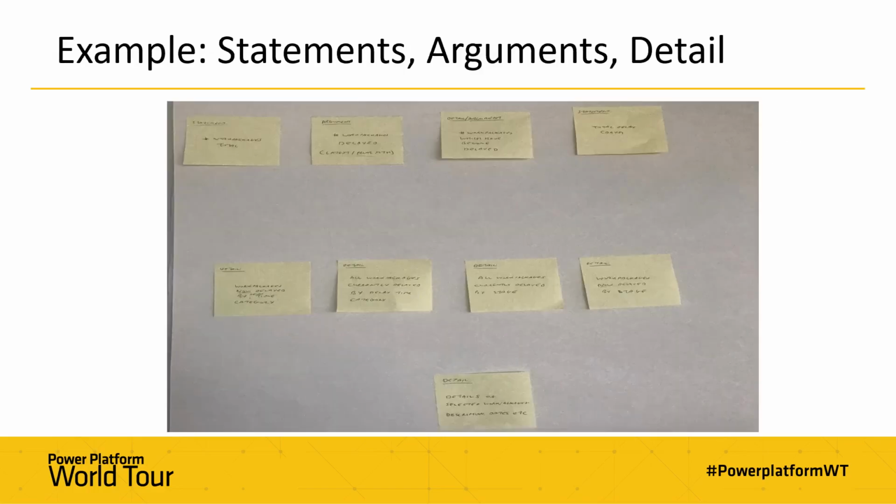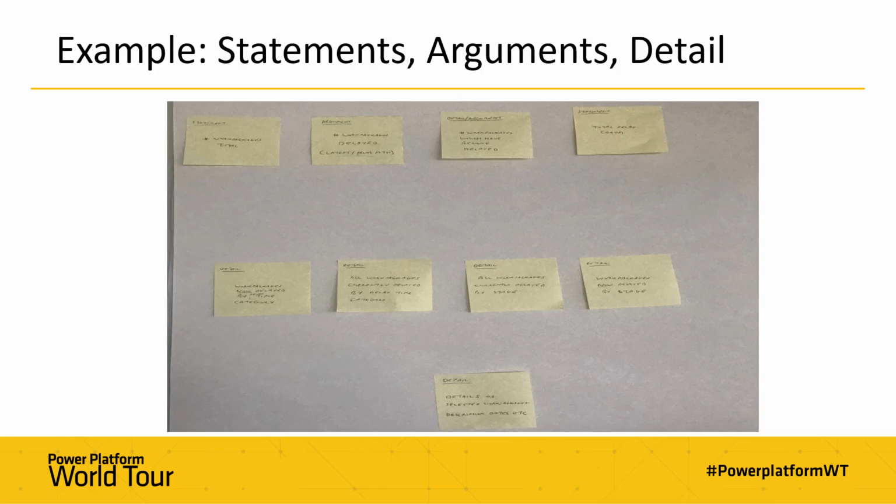So this procurement example, this is some of the post-it notes I did for some of this, and you can't really probably read this very well, but there's a mix at the top which has statements, so the number of work packages in total, and then arguments, so the number of work packages delayed, the latest and in the prior month. So now we're giving that context. So the prior month is giving context. We've got more work packages delayed now than we had last month, or less than we had last month.